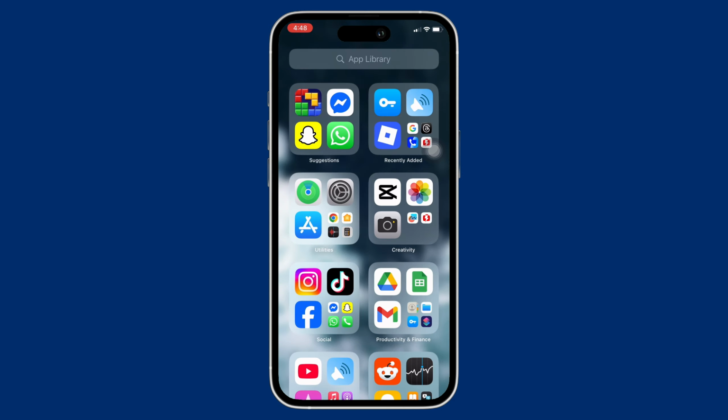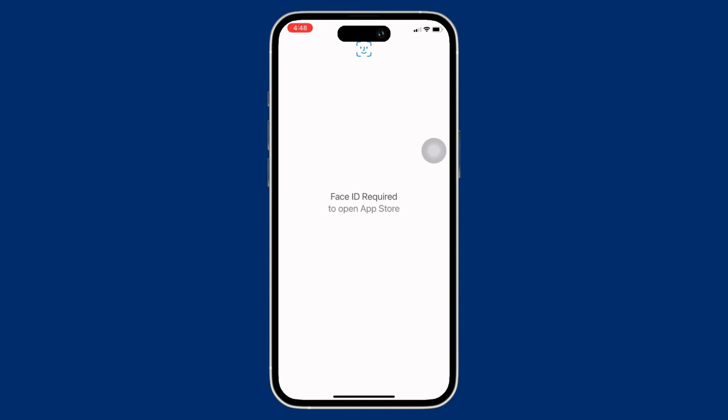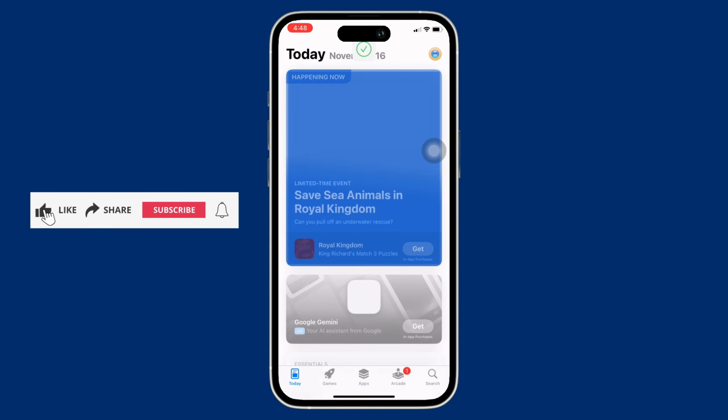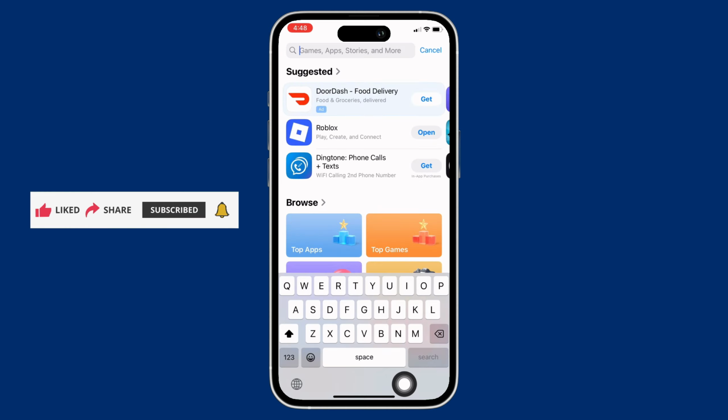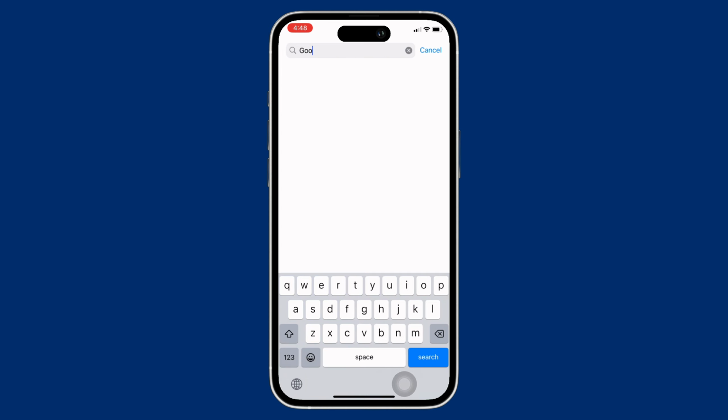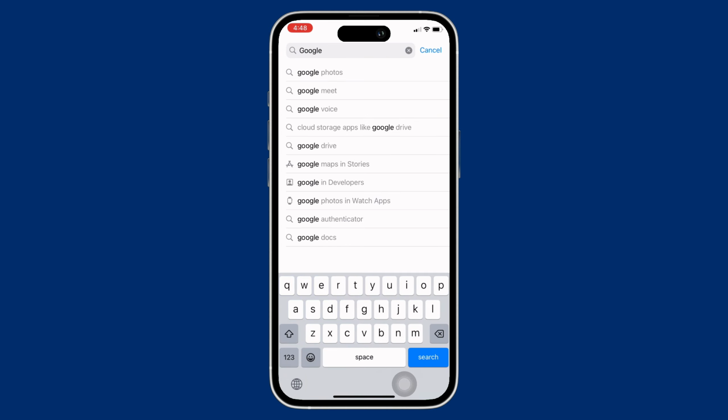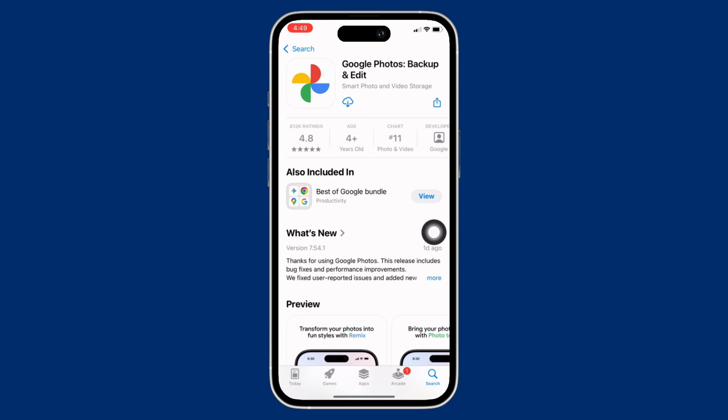Firstly, make sure you are connected to a proper working internet connection in order to download the app. Now, go ahead and open App Store on your device and tap on the search bar there and search for Google Photos. Further, tap on the Google Photos option you see there, and now if you have previously downloaded the